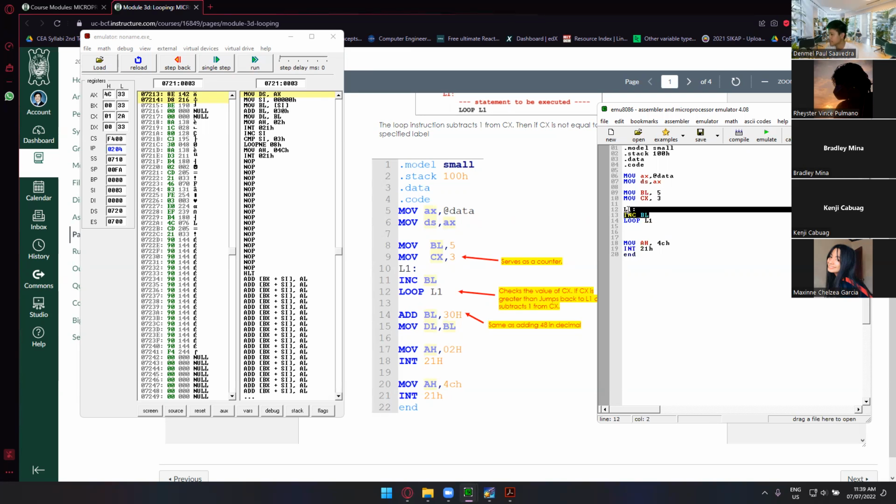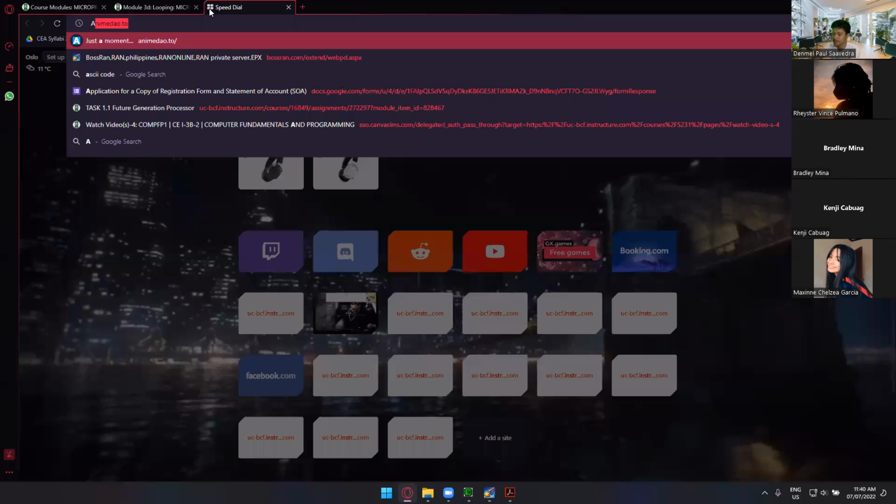Every time that this loop is executed, it will increment the value of our BL, starting from 5, then it would go to 6, 7, and then 8 since it will loop 3 times. And add BL, 30H. We are adding 30H right here since, as I guess you already know, BL is 8, right? So in hexadecimal,